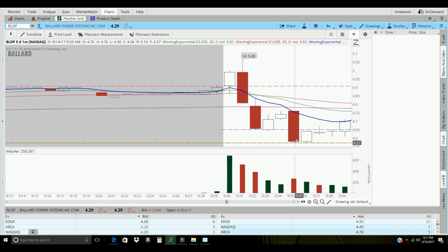Now, granted, my trading plan states that once I lose $1,000 within, let's say, an hour time frame, then I have to basically step away from the computer, go do something else for an hour, then come back and recharge, try to see things in a different light. Well, I didn't do that today. I got right back on a horse and typed in HTZ